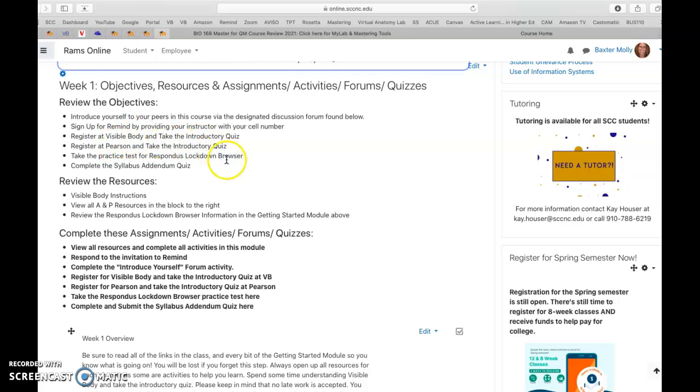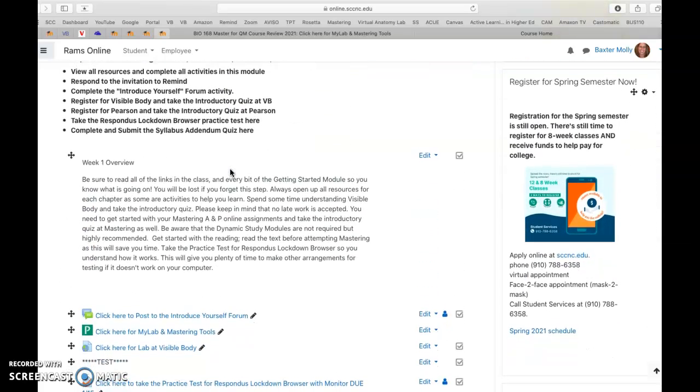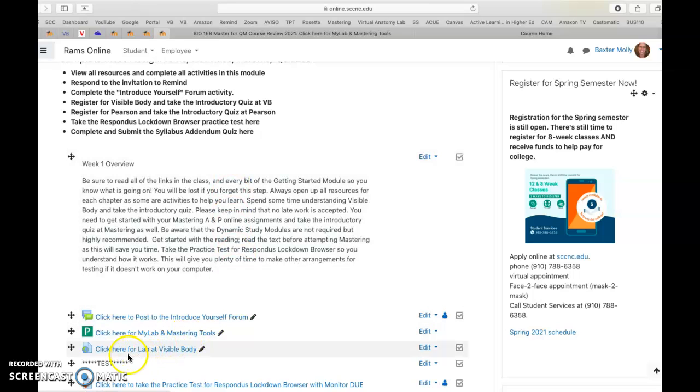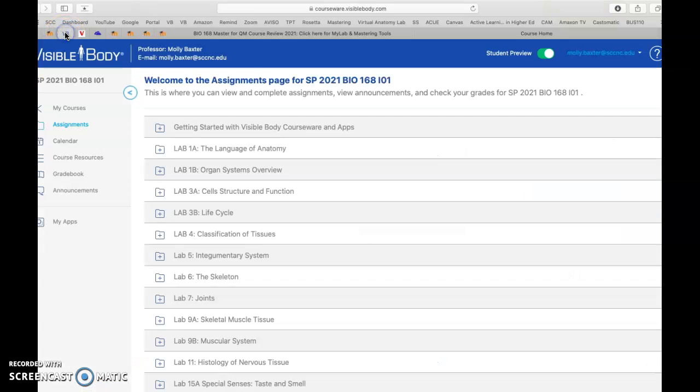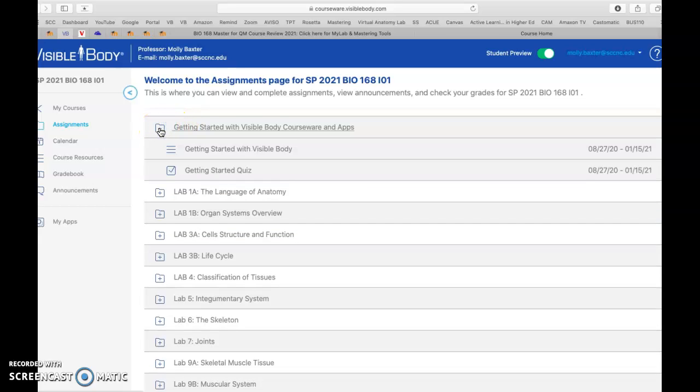Register at Visible Body and take the introductory quiz. Okay, so remember that block up on top for Visible Body, but also here is the lab at Visible Body. So let's go look at Visible Body. Once you get into Visible Body, it's going to look like this, and you're going to see Getting Started with Visible Body. You have to click on that folder, and each one of these will open up. Read through the Getting Started with Visible Body, learn the material, maybe read through it twice,